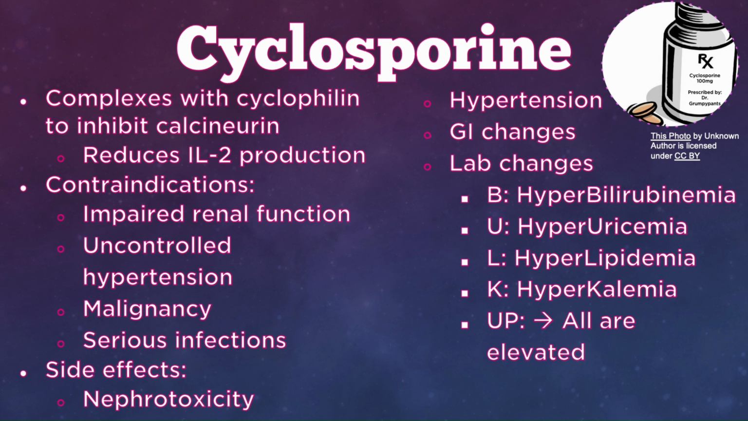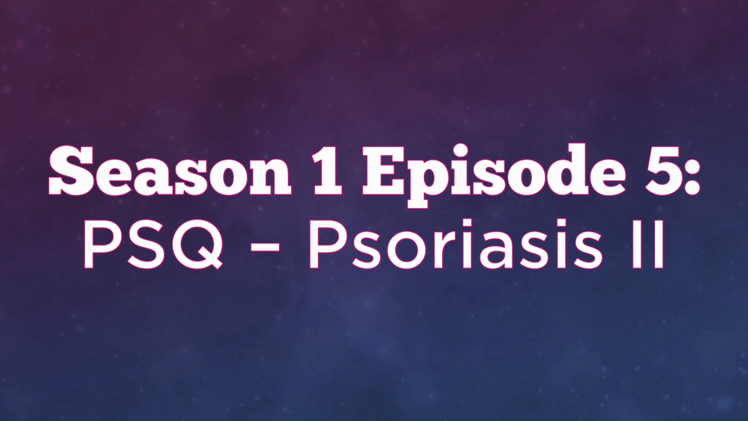So here's cyclosporin in a nutshell. It works by complexing with cyclophilin to inhibit calcineurin and decreases IL-2 production. It is contraindicated in patients with impaired renal function, uncontrolled hypertension, malignancy, and serious infections. Side effects of cyclosporin include renal damage and resulting hypertension, GI changes, and the lab changes we remember with the bulk up mnemonic, standing for elevated bilirubin, uric acid, lipids, and potassium levels. So we've discussed 2 oral agents for psoriasis by going over methotrexate and cyclosporin, and we've got 2 to go,